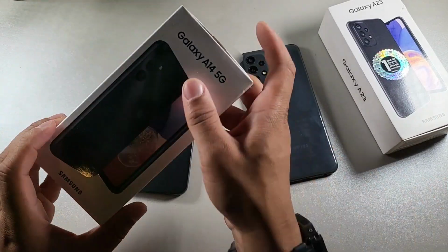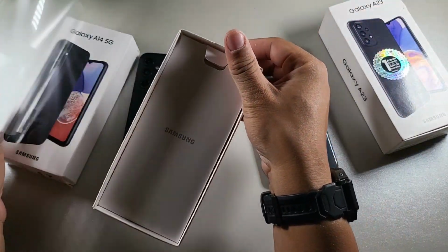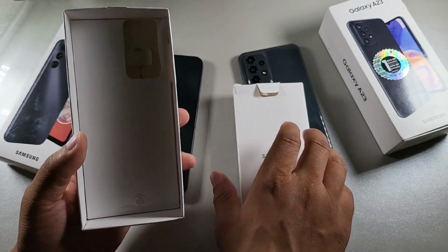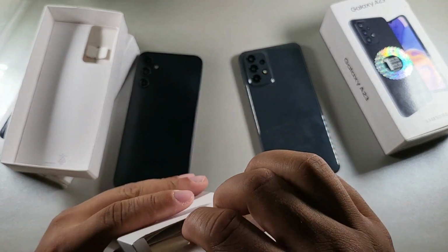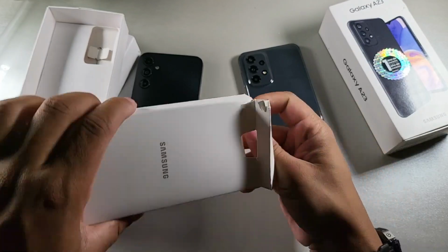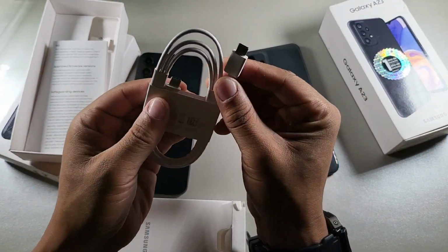Now when it comes to the Samsung Galaxy A14 5G, we get a similar looking box, but just keep in mind that it comes with the SIM remover tool, and then it just comes with a cable inside of here, which is going to be a little bit different because this one is going to actually be a Type C to Type C